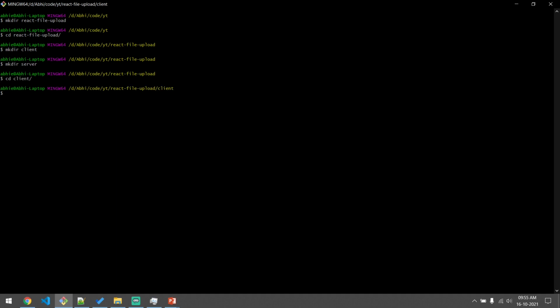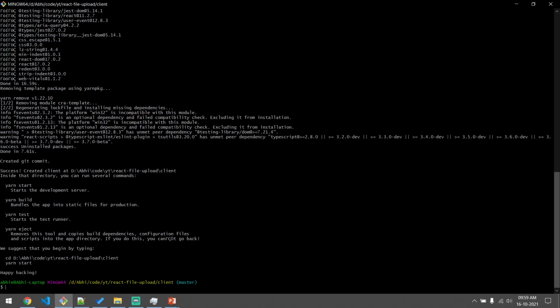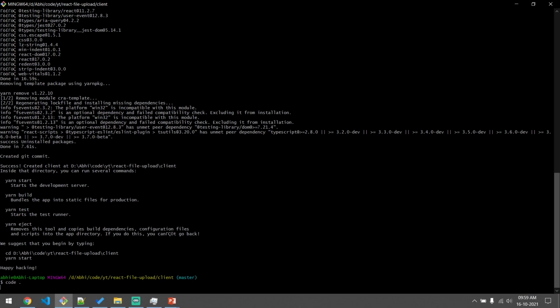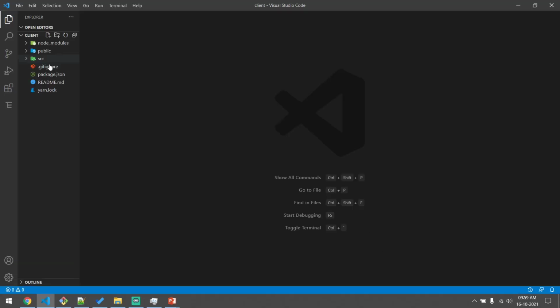For that I'll run npx create-react-app and I'll say dot, that is the current directory. Once the installation is completed, let's open the project in VS Code. Here, as we do usually, let's go ahead and delete the files which are not required.